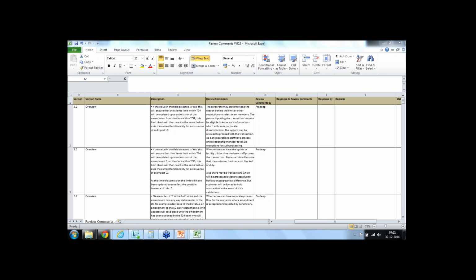Say, for example, the bank's output or intake will be happening in ISO 9000 format, while you might have designed in your proprietary format. So that's one of the dependencies. We also call it standards. Whenever you design a system or a project, design it in such a way that it has some standards. Try to pick up the international standards wherever possible, so that